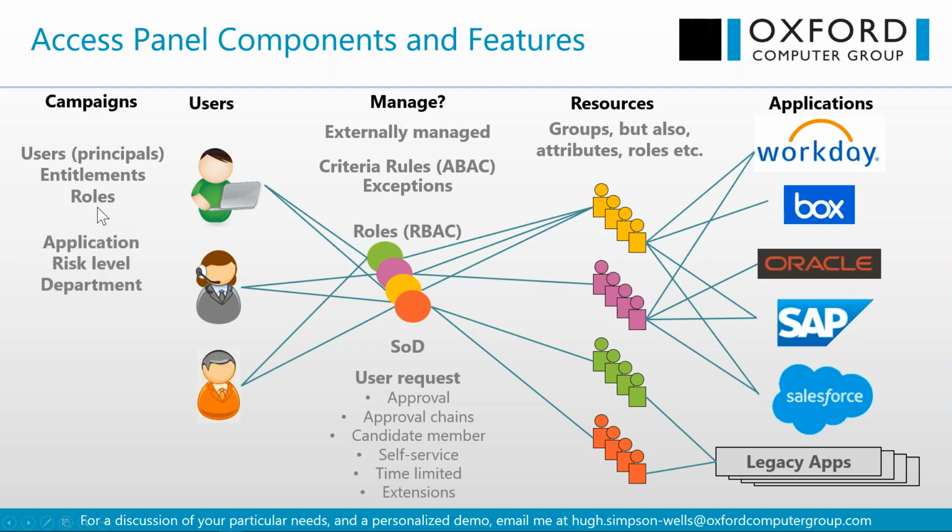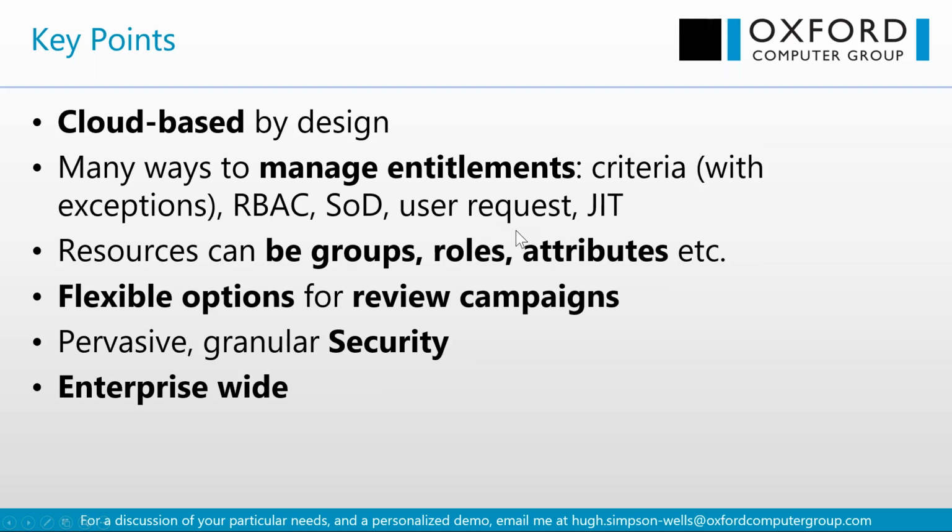And so there are various targets, and then there are various, if you like, filters, filter by application, by risk level, by department, and then we can handle that through a portal, through the Access Panel portal, or via email. We'll see both of those. And what you do with it is, in many cases, you'll just remediate it because Access Panel is in charge of it. If Access Panel isn't in charge of it, for example, an Azure Dynamic Group, then we might simply want to report on it. So hopefully that's set up the general idea. And we're now going to take a look at